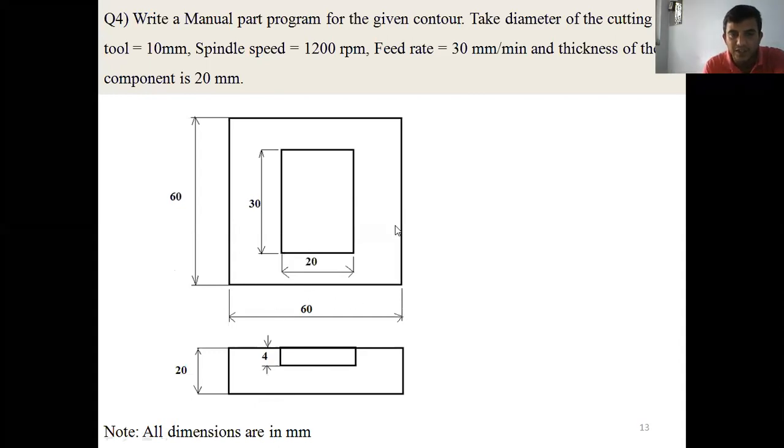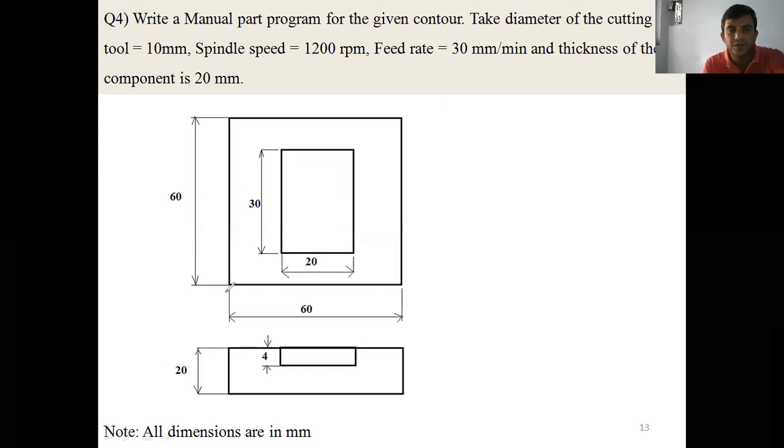Now see the geometry here, the square block of 60 mm. Inside it is a rectangular block of size 20 into 30 mm. Now we are going to remove the material here. We are going to dig the material inside the block, inside the rectangular block. How much are you going to remove here? 20 mm and 30 mm. That is called what type of milling? Pocket milling. We call it pocket milling, right? Any doubt regarding this? So we're going to remove this material inside the raw material.